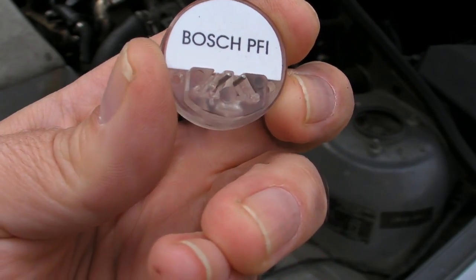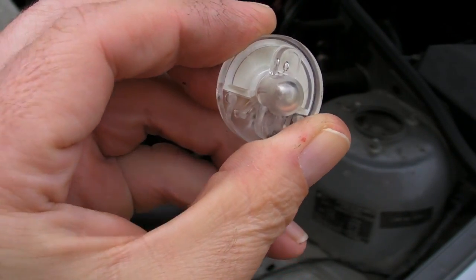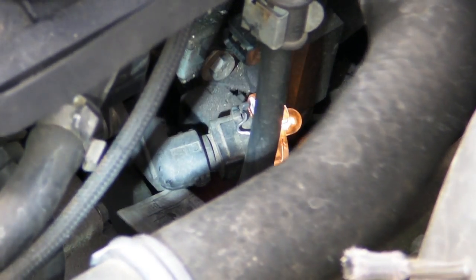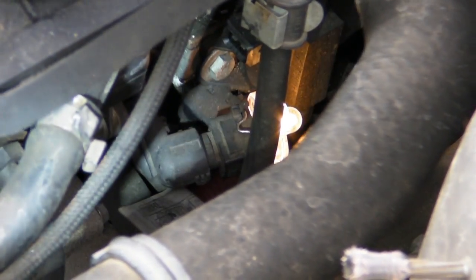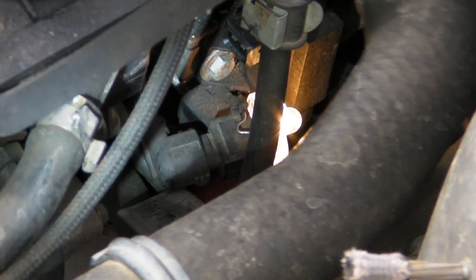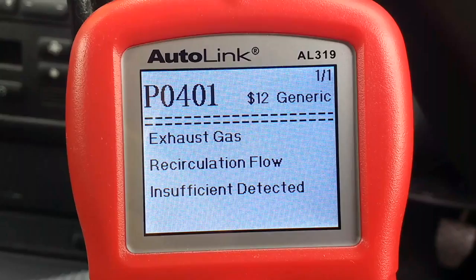Now I know a lot of them in the trade hate these Noid lights, but I think they're brilliant because it pulls exactly the same amperage as a test lamp, and you can use it in lots of difficult places, especially if it's Bosch connectors. So there, I've got it installed, and that's engine running, and you can see that there's electrical integrity within that circuit. Now it knows there's a fault in that circuit, and that's why the light goes off, and it flags this fault code,